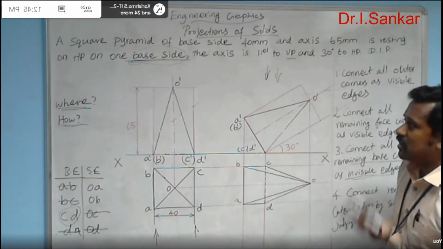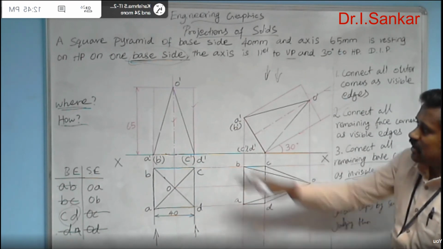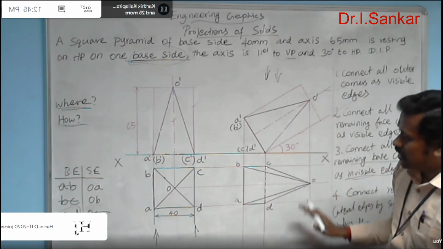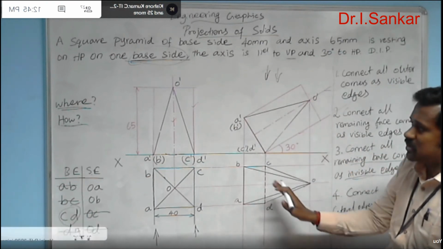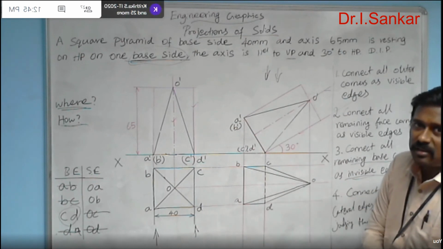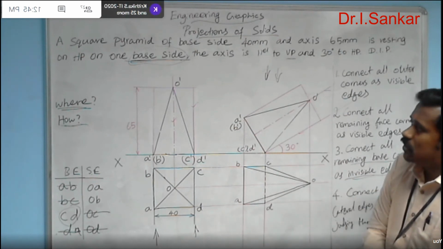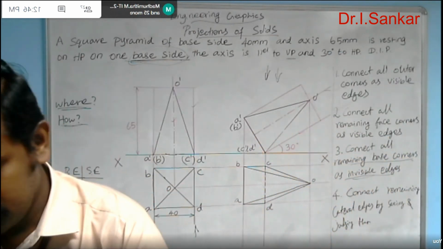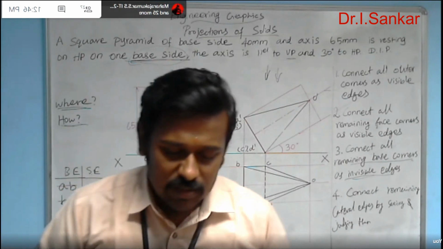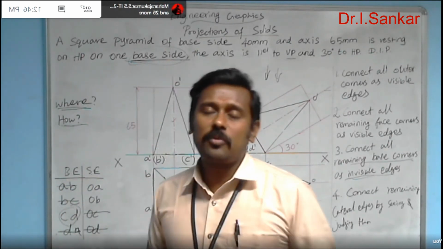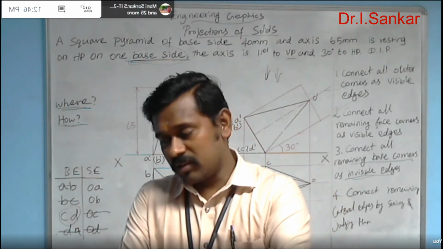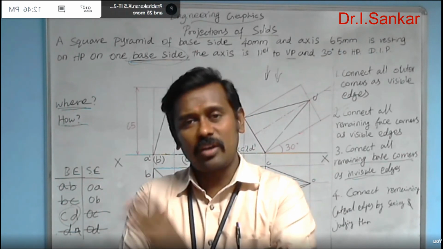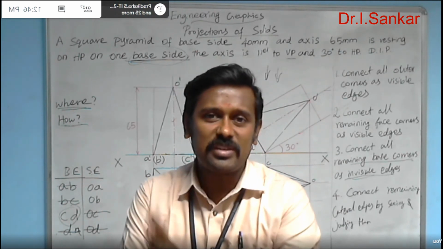So now the problem is completed. You just draw the simple front view and the simple top view. By using that simple front view, you draw the final front view and the final top view. So this is nothing but projection of solids, axis inclination case. Here the axis is inclined to HP and parallel to VP. This procedure can be followed for all the problems in this unit. Even for the axis inclined to VP and parallel to HP case, the next case also, you can follow the same procedure. The procedure need not be changed.